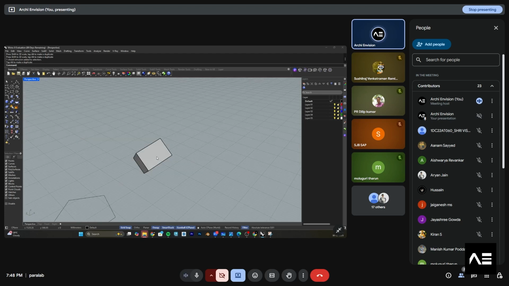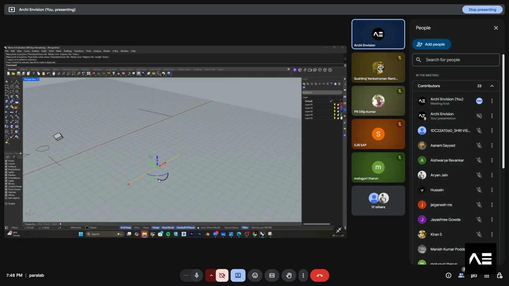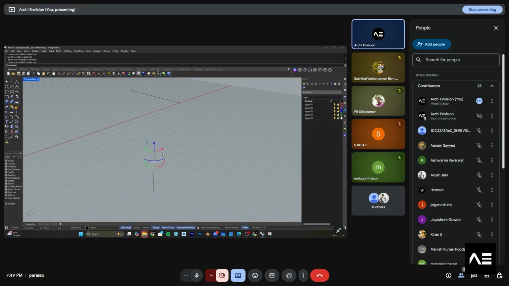As of now, we just stick with the basics of creating a line, selecting the line, moving the line in an axis, and trying to rotate it in an axis. You can give the numbers. For example, if I want to rotate it 180 degrees, you can give it 180 degrees. You just select it, move it down. Likewise, you can move it further. Select the line, select the control points. These are called control points, and you can move them.